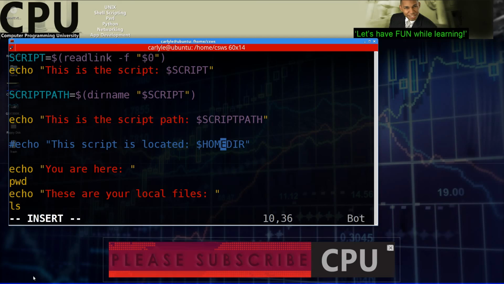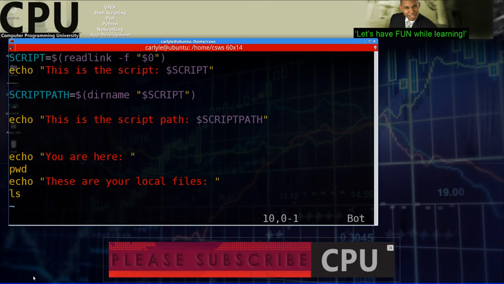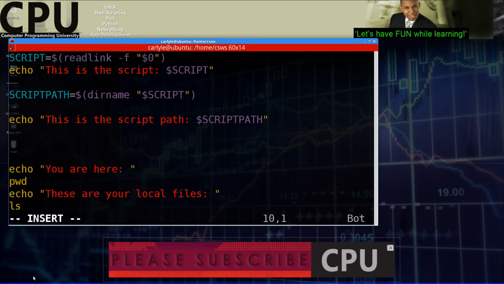So the script is located at the script path. I guess I can update that and say script. Well, we're not even using that, so let's get rid of it. All right, so let us go and say